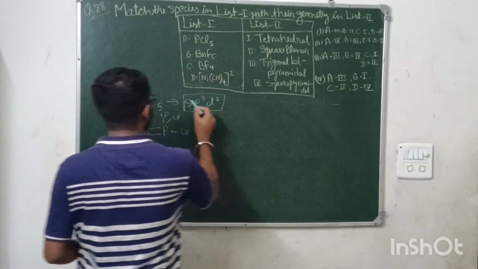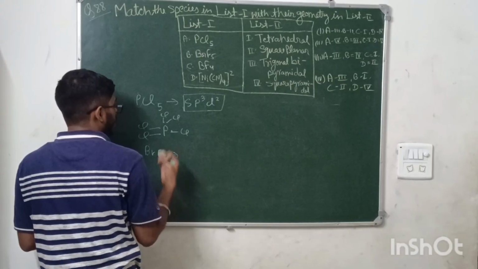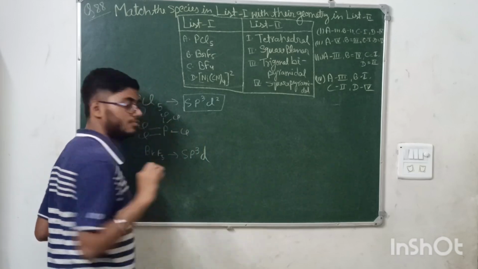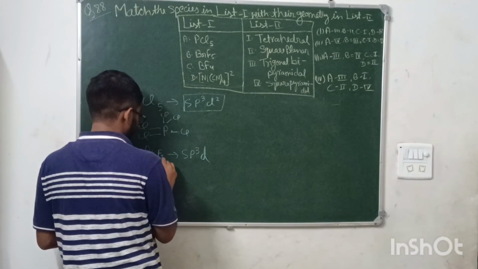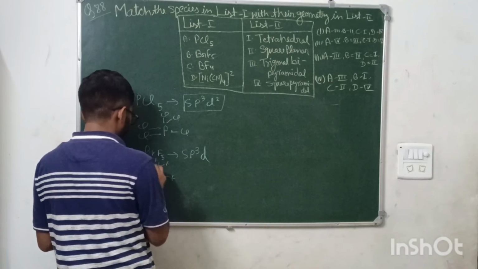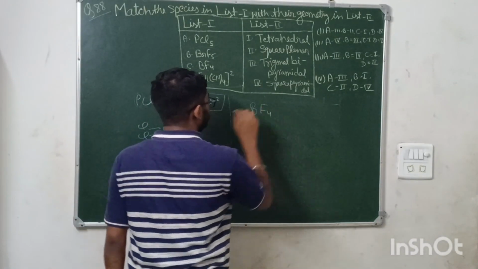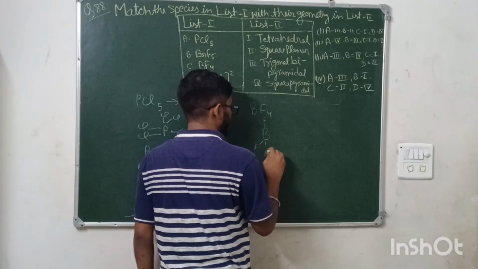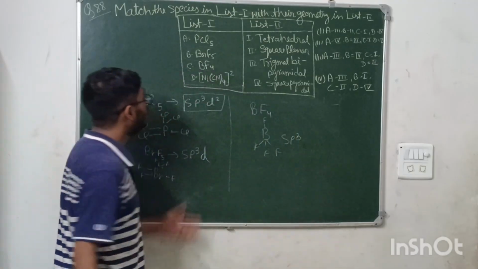And here if I see sp3d2 and BrF5, BrF5 also has what? BrF5 has the shape of sp3d. Okay, bromine has also 1 2 3 4 and 5, so 5 fluorines are also attached here. Okay, sp3d. And now BF4. BF4 is what? It has 4 valence electrons, means B here, F, and all F are attached like this. It has sp3 structure.